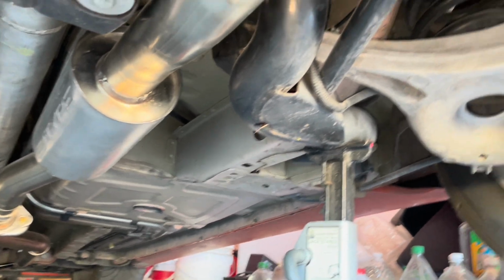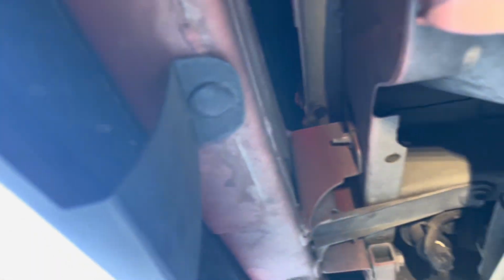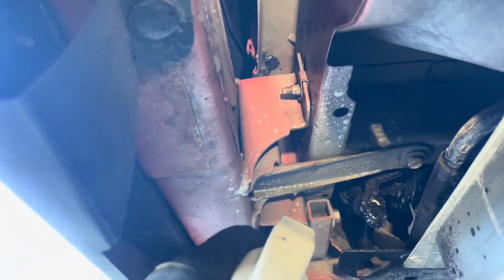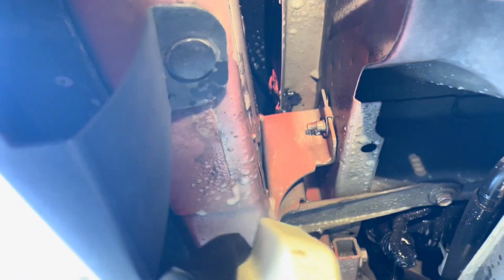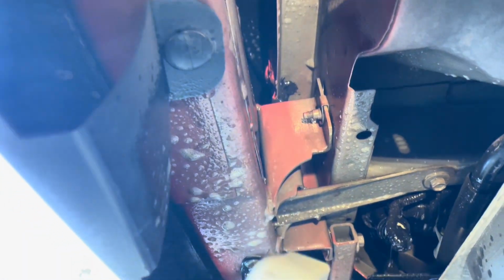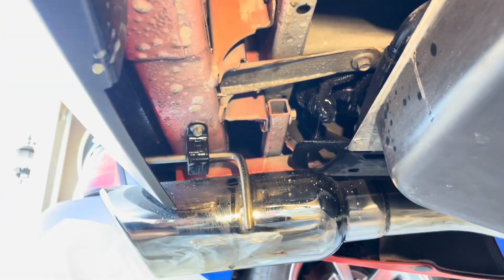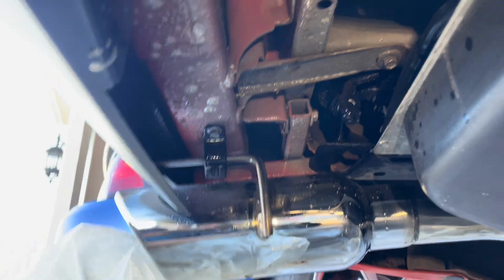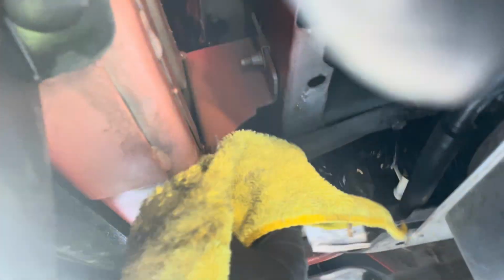And I just want to make it even nicer and get under here in detail like I did my blue Mach 1. So this is just kind of looking underneath here. This is all behind the rear bumper. This is where those other cars were super rusty. And this is just a desert car. Like I said, this one's from Arizona. It lived in Phoenix its whole life, and then here in southern Utah, it's never seen salt or snow or anything. And so I just wanted to go ahead and start spraying it down and use some water and some